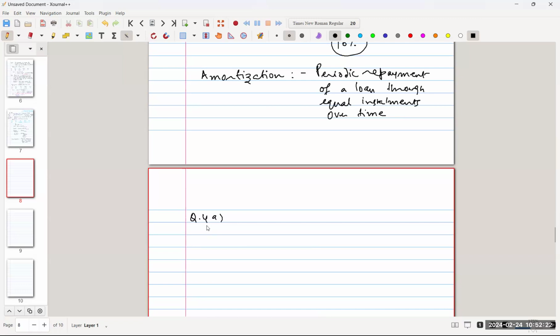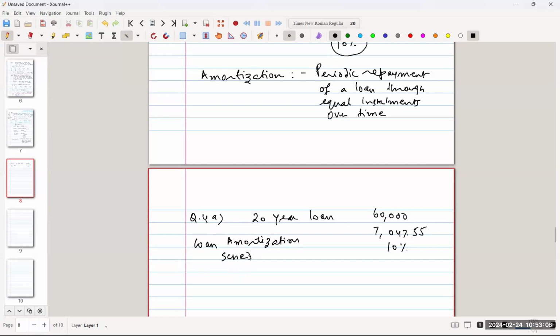Question 4A. All data from question 4 applies. So it's a 20-year loan. And the loan amount is $60,000. The installment amount is $7,047.55. Interest rate we have calculated 10%. What we want to do is to prepare a loan amortization schedule. And to prepare a 20-year schedule will take a long time. We will just restrict ourselves to the first couple of years. Loan amortization